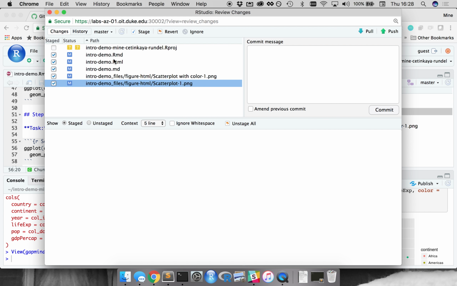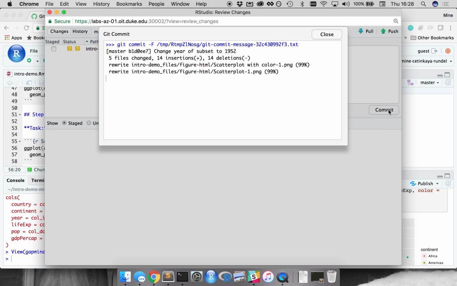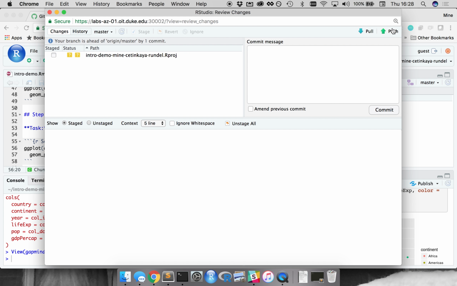So you didn't have to generate these by hand every time; they get generated for you, but it makes sense to bundle all of those changes into one, because the changes happened because of that year subsetting change that you've made. So an informative commit message here could be: change year of subset to 1952. We commit, we push,